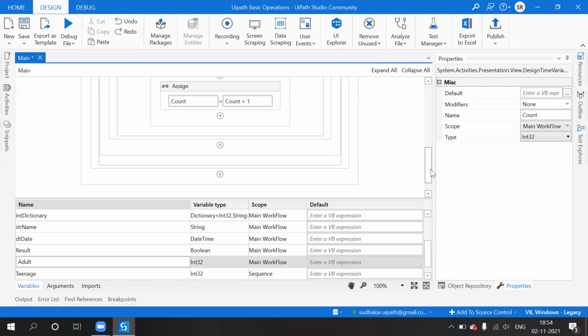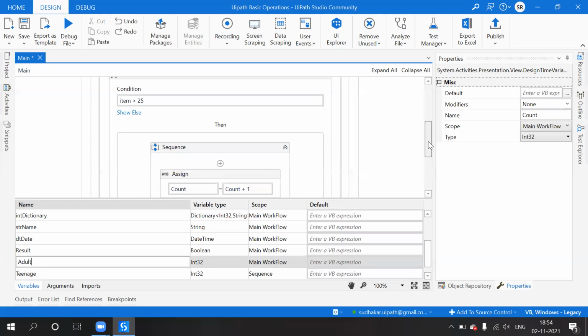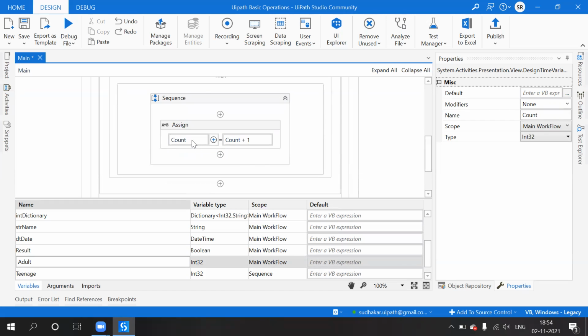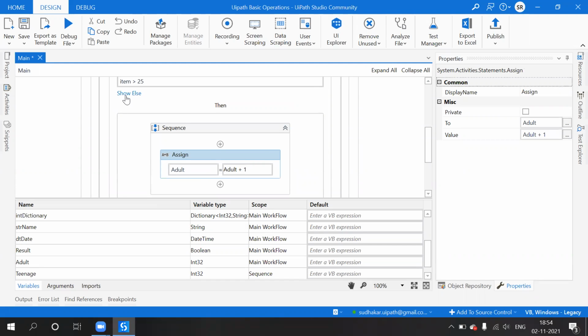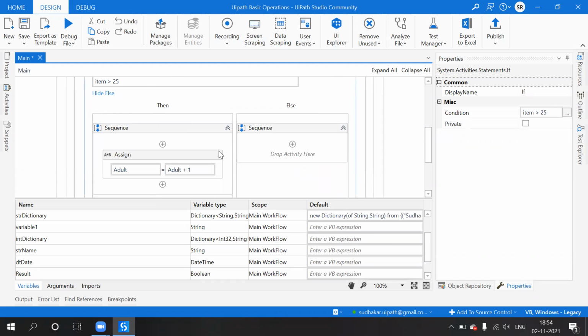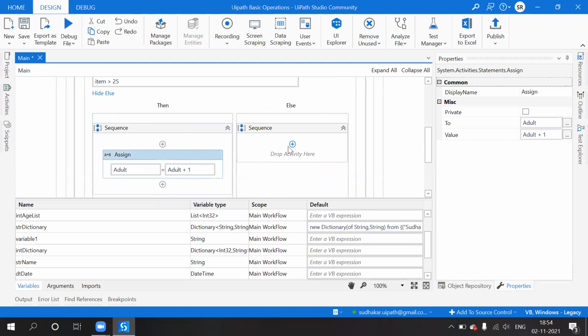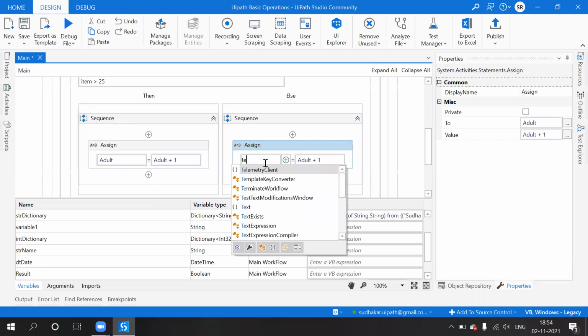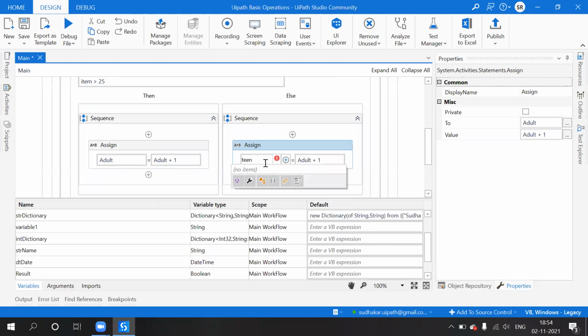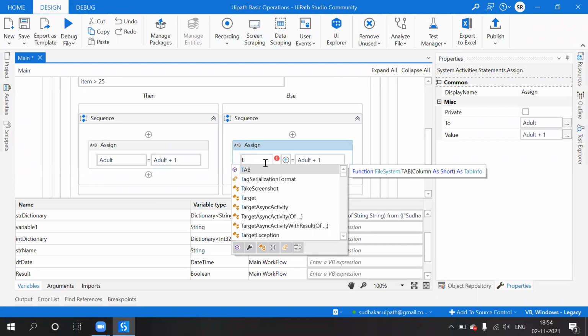Adult means 18 and above, right? So now adult plus 1. Show else. So it is teenage, adult.